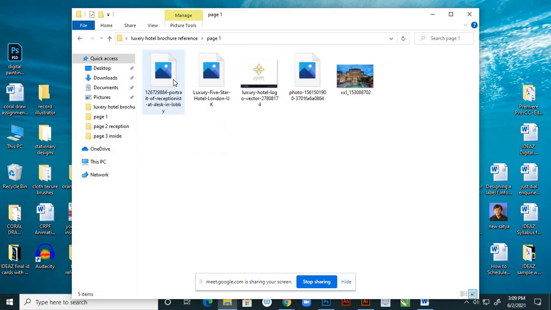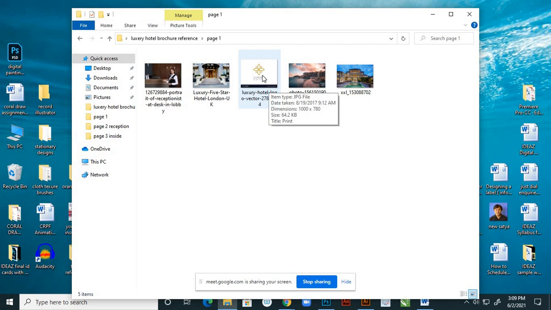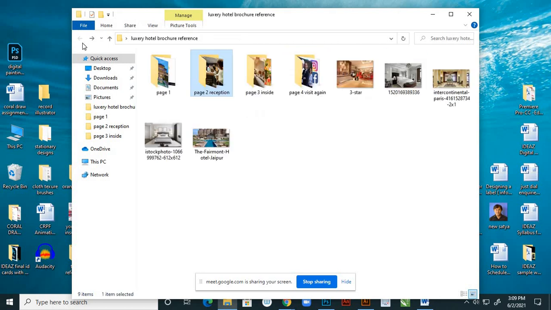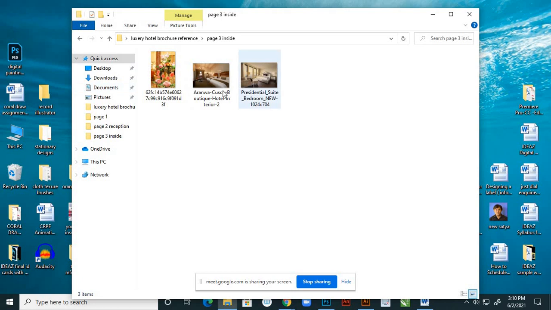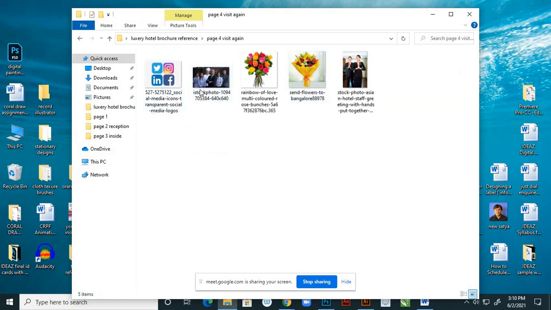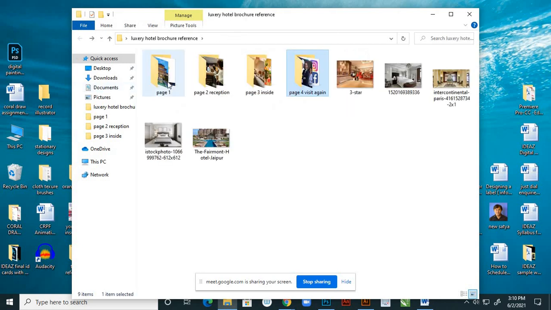I placed this. So in the first page, I want to use these things, photographs and logo. Already I downloaded this logo. No need to create, because how to create logos and all we already did, right? So a ready-made logo I'm taking. And the second page is, suppose, the reception and some management people and other pictures inside the hotel. And in page 3, beside that second page, the other things inside rooms and all will be displayed, right? And this is the end page. Here we give the team and the social media icons, right? So we have to decorate them nicely.